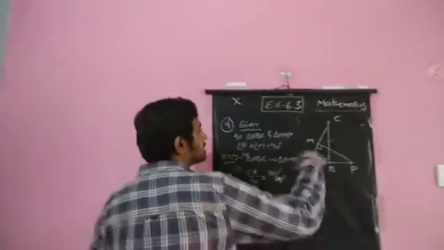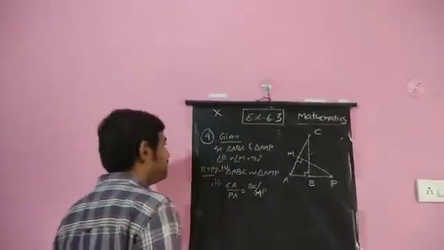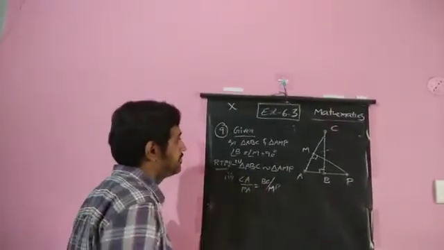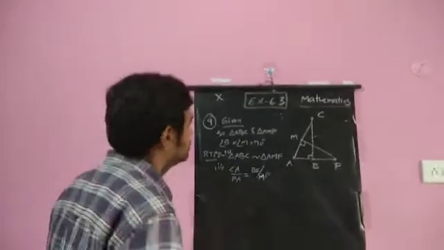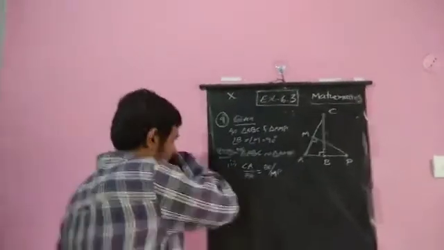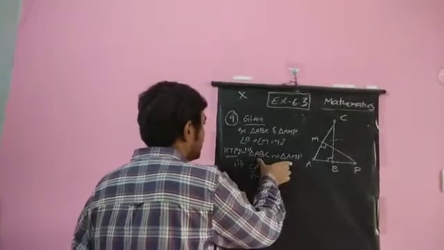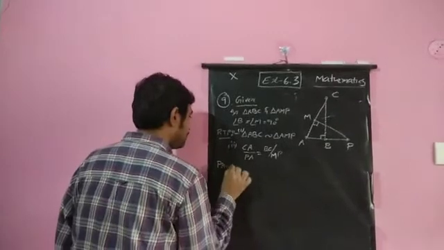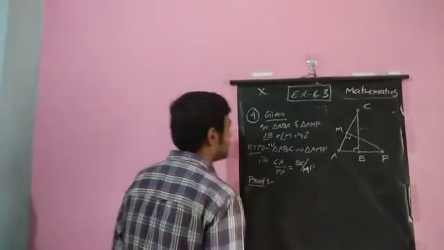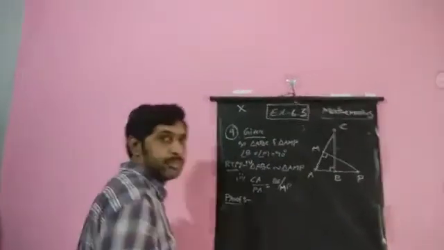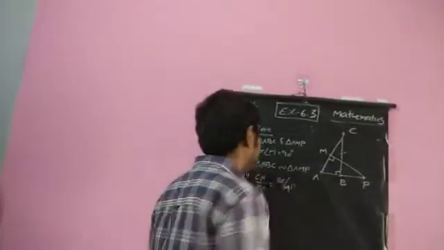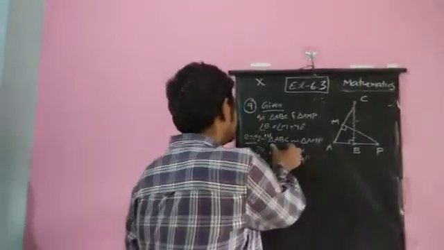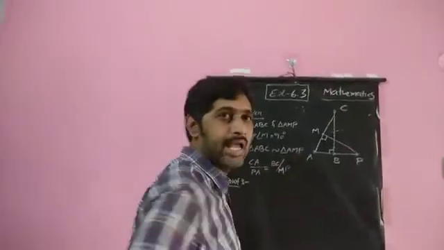They are asking us to prove that triangle ABC is similar to triangle AMP as part 1. The second part of the question is asking CA by PA equals BC by MP. We have to prove that first. If we take the first part in proof, triangle ABC and triangle AMP. So we have this figure here, but we need to focus only on the two triangles which we need to prove as similar. That is triangle ABC and the other one is triangle AMP.